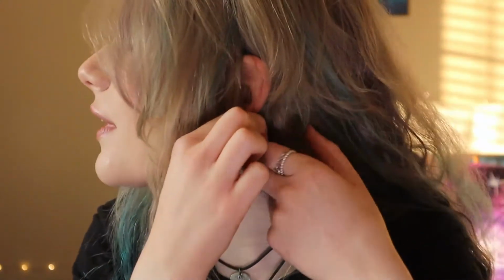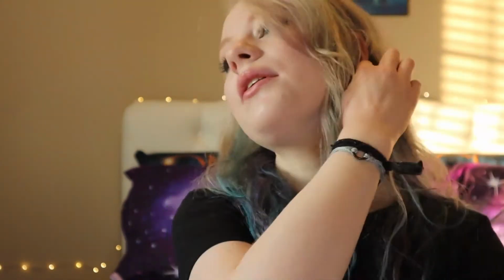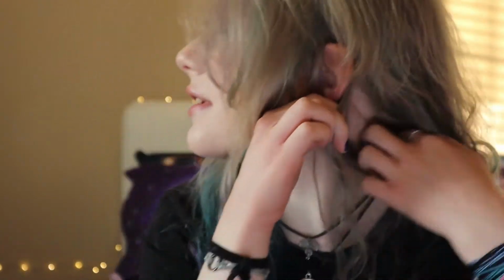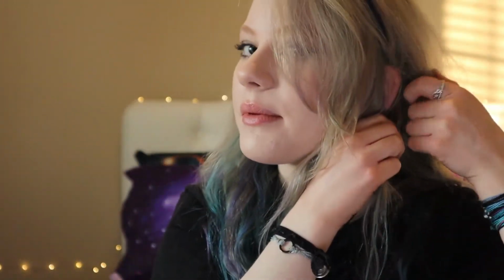Once you've got your hair behind your ear, you're gonna wanna find a little section, kind of like the first time, where it's on the back of your head underneath all of your hair, except this one's a lot smaller. So find just a little section about this big probably. It doesn't have to be pretty because we're gonna hide it. So take that little section and put it in the same handful, I guess, as the tip of your braid. So hold that really tight, and then just tie it together with a clear